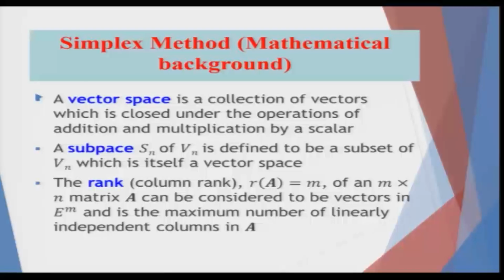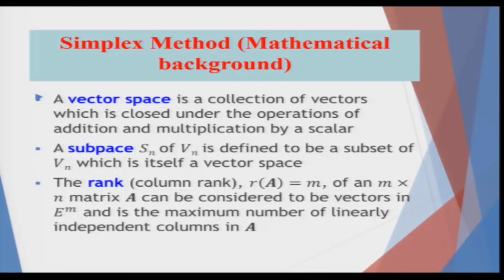So, with this I will explain the last point. Here I am going to consider the column rank, and obviously it can be explained as a row rank also, but for our examples later on we will consider the row and the column rank to be equal. The size of the matrix is technically initially m cross n, but we will add slack and surplus variables, which I will come to later, such that the dimension of the matrix would be m cross n or n cross n, whichever is larger.